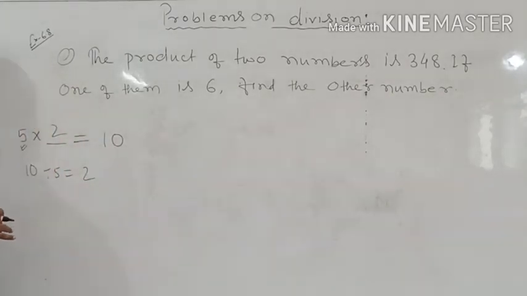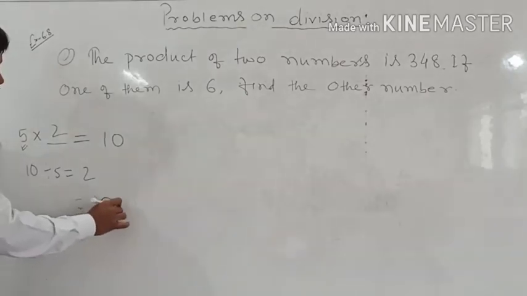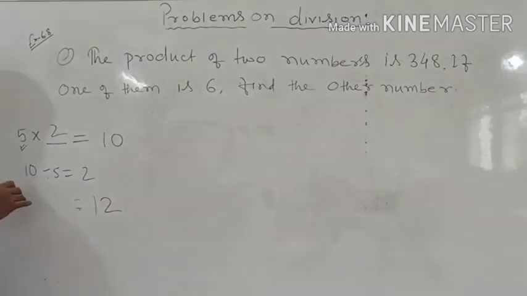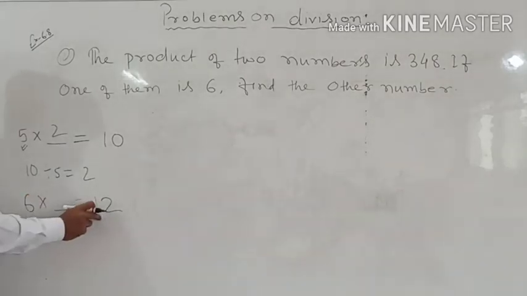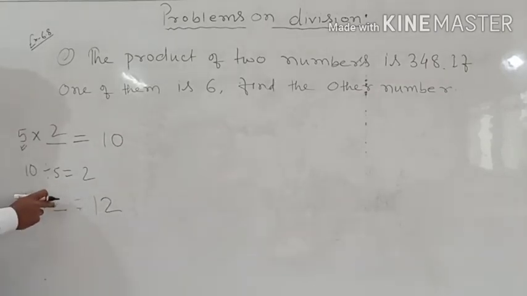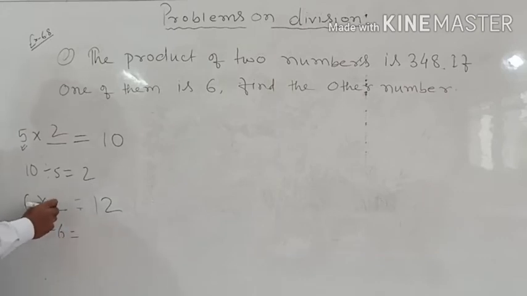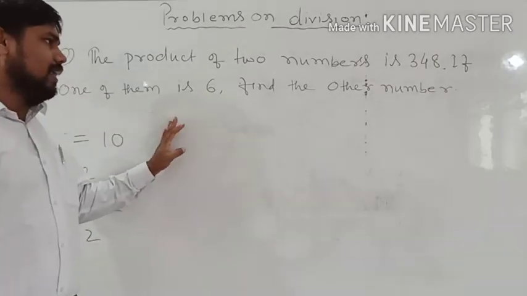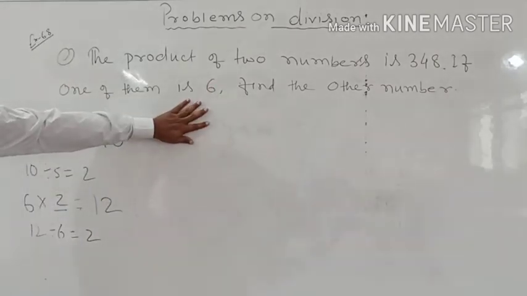So this is how also, if suppose I am telling 12 is the product of two numbers and one number is 6, then what will be the other number? You will divide 12 by 6, and whatever result comes, that will be the answer. So 12 divided by 6 is equal to 2, 6 2s are 12, so 2 will be the answer here. So very simply, this is how you can find the answer.